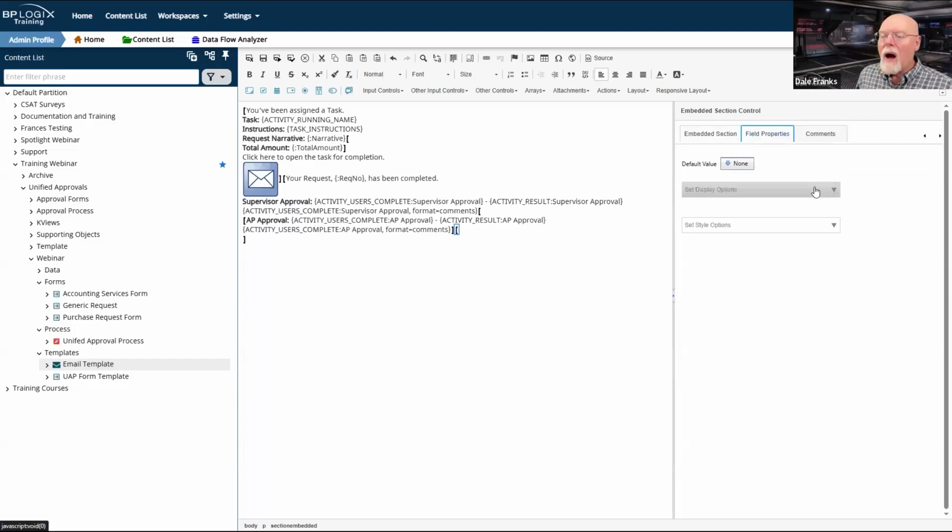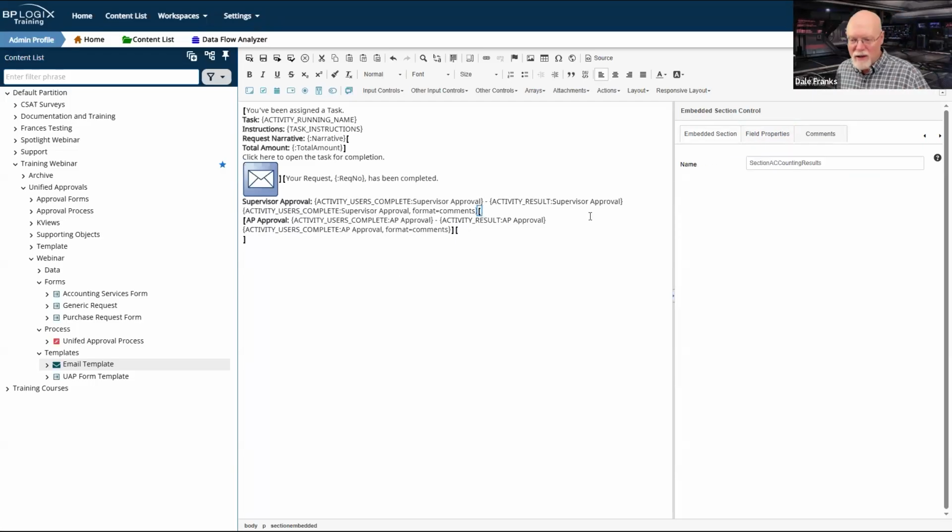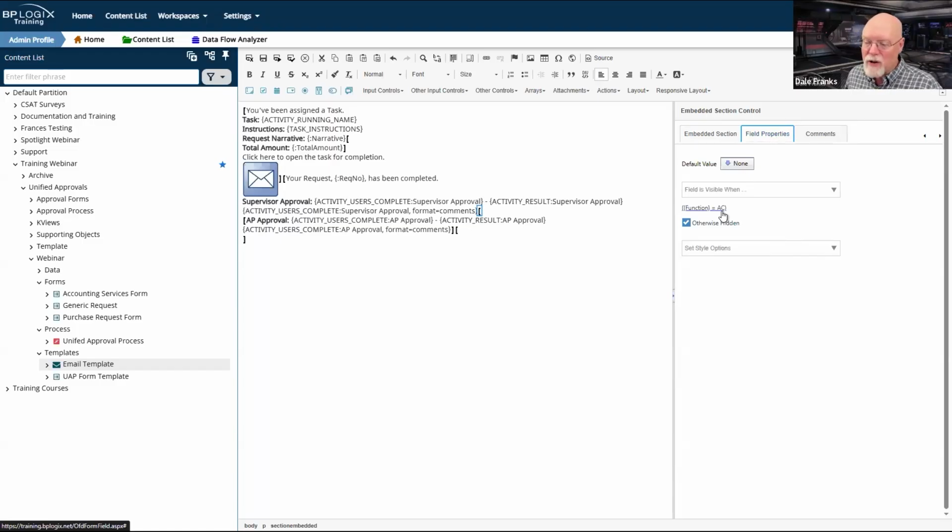Now, so far what I've done has been very simple, right? Whenever I set up the purchase request one, which actually is the one that has our total amount, I did it really simply. I said function equals AC, but life ain't that simple, because, well, that's for accounting. This is the one I need, AP approval, where I had the process equals PR. That's only one of the processes that might go to the AP approval step.